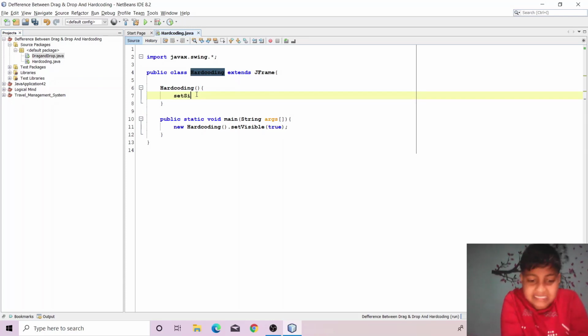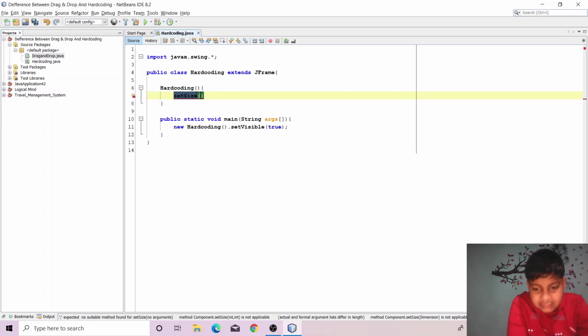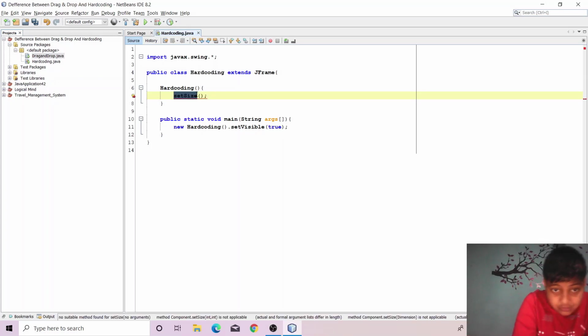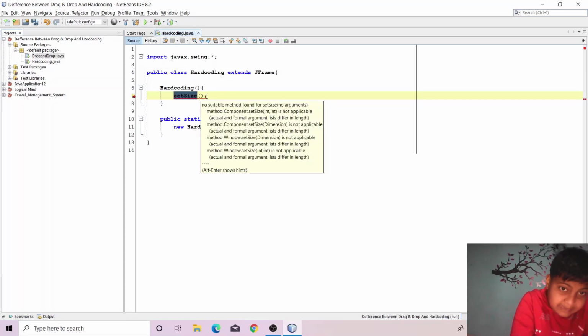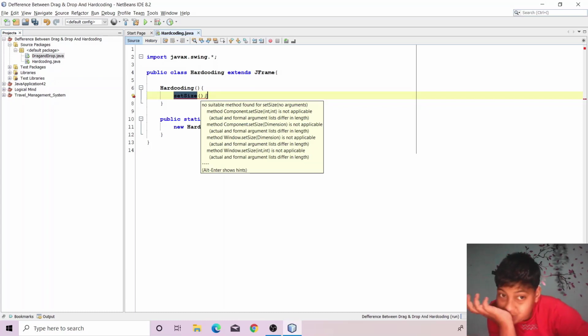So to set the size there is a function known as setSize, and inside this it takes two arguments. And in Java, one more thing, at the end of the line you should always type a semicolon. It is important because, as in normal English language we write a full stop after ending any sentence, here also it's the same thing. After ending any statement we write a semicolon. But in English, full stop is known as dot. Means a dot is not a full stop, sorry.